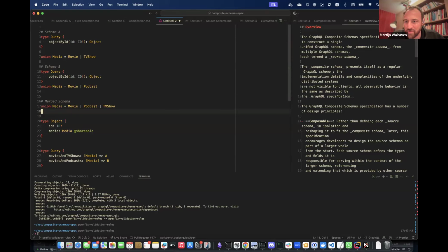But you will never get into a situation where what you return doesn't satisfy the type condition. However, the semantics of shareable... Exactly, it's about the semantics and the data integrity. If, depending on your query plan, you would get a different result here, then there is kind of an issue.